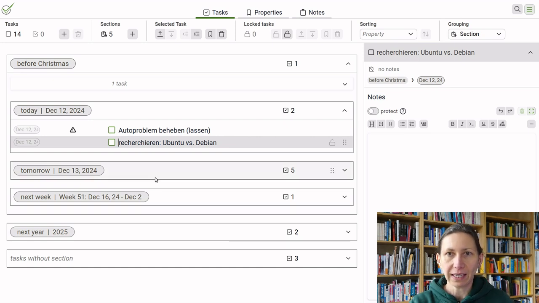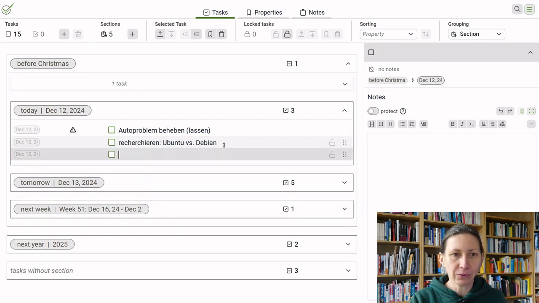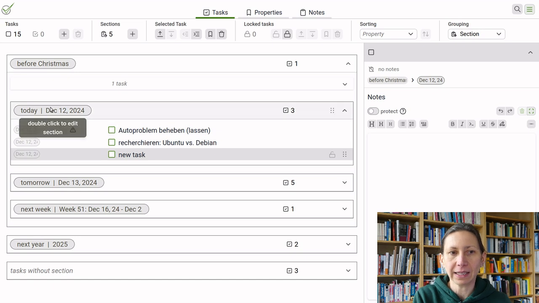So when you work today, you can really just look at what you have to do today, if you like. And when you get new tasks, again, you can experiment how you like to work. And you can mix, of course. So for example, when you're in this box and you get something new, you can work like on the first day, well, day 2 of the course: to add a new task, just add it at the end of your list for today. And then you have your new task here. And this is obviously assigned to the same date as the rest of the box.